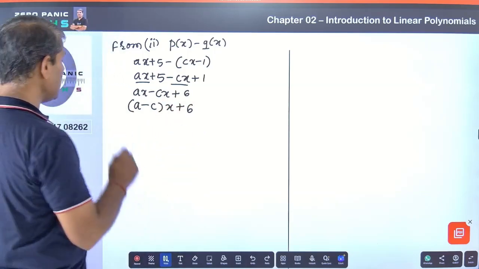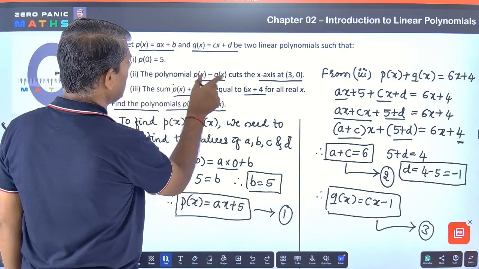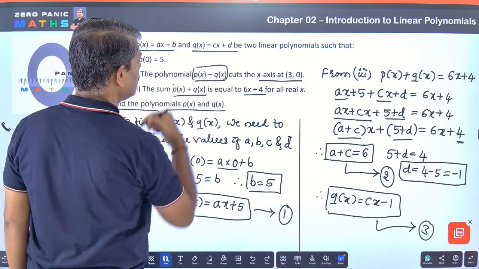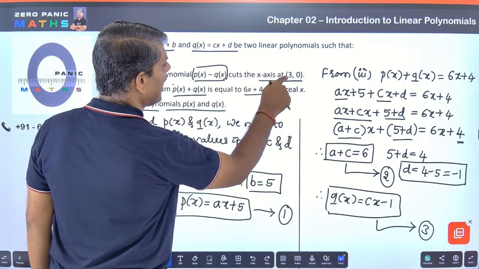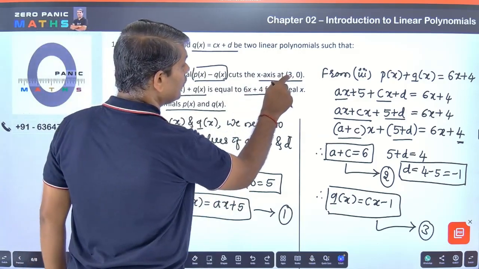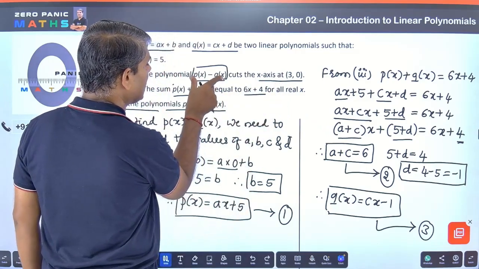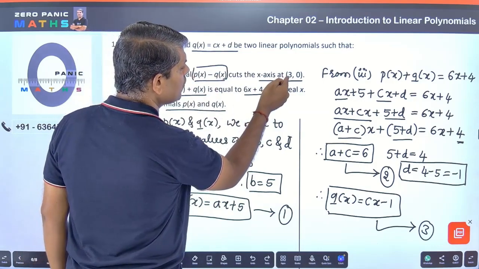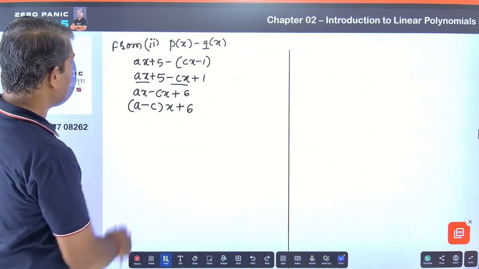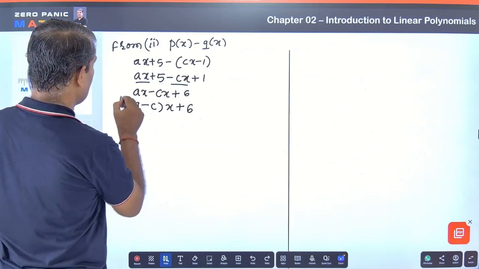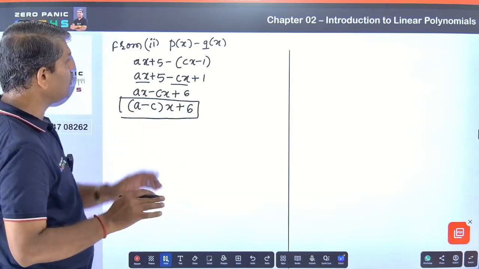Okay, and what is given in the second point? Read it carefully. They are saying the polynomial, whatever polynomial that you get, p of x minus q of x, cuts the x-axis at 3, 0. It means that if you put x is equal to 3 in the polynomial that you get after subtracting this, you will get y is equal to 0. What is the polynomial that you got by subtracting this? This is this polynomial. Okay, a minus c into x plus 6 is the polynomial that you got by subtracting